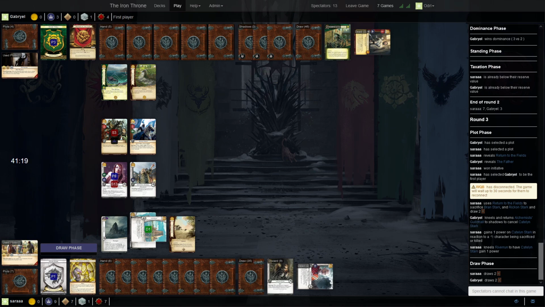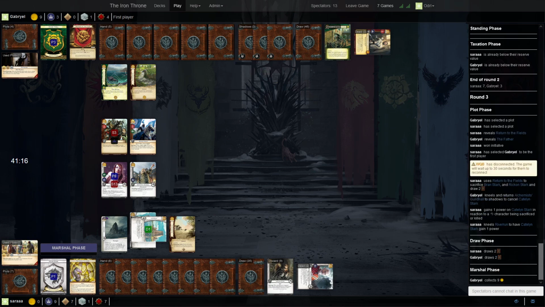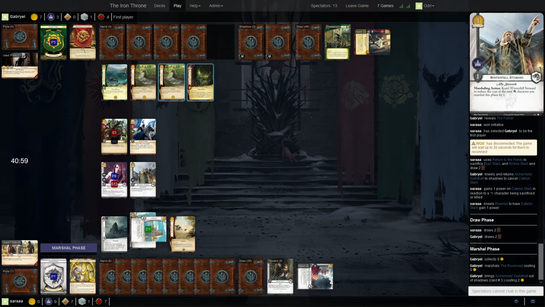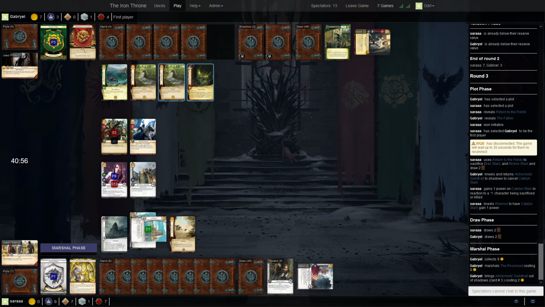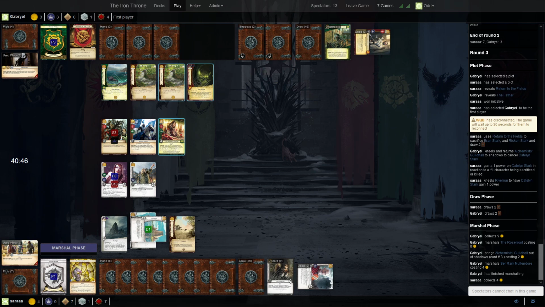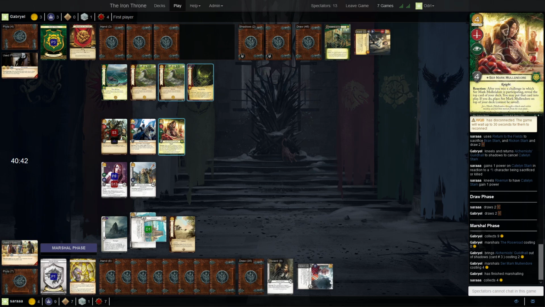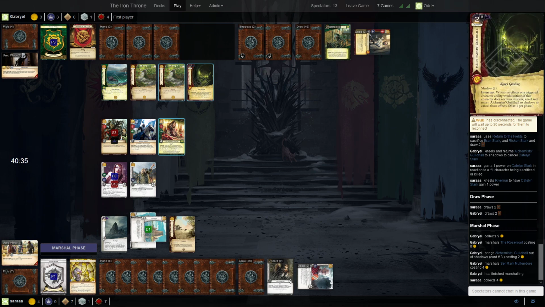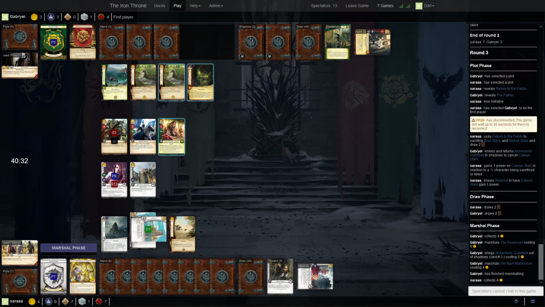And that's up to 9 power now, but 8 of that power is on Caitlyn. One copy of House Florent Knight in the deck. Okay, 3 gold left. And plenty of gold here with the reducer and the King's Road. Now this could cancel the reducer, but I don't know what's coming, so...